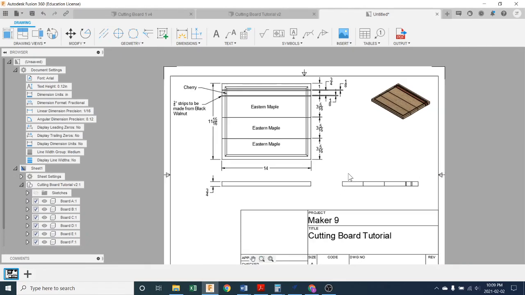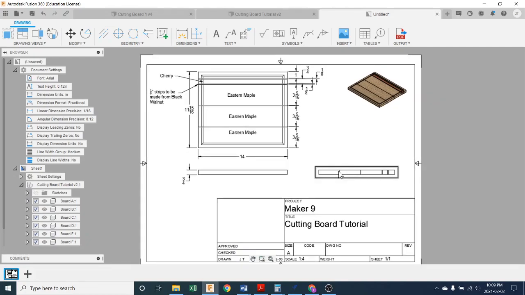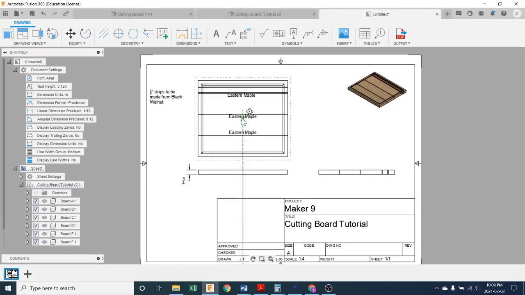Now, always sit back and look at your drawing and see if it overall is well done. And when I say well done, I mean pleasing to the eye and nice and clear. Yes, it's a little complicated up here. I might be able to fiddle around with this a little bit and make it clearer, but good enough for now. But what I do think I should do is move this down a little bit by clicking the view